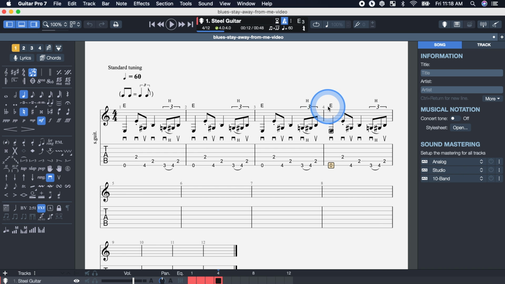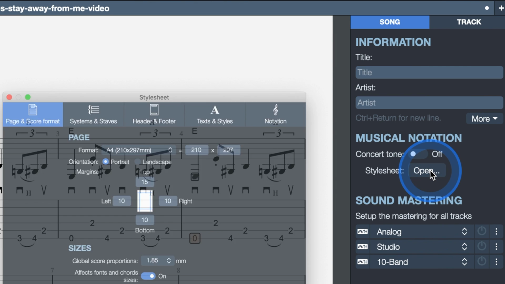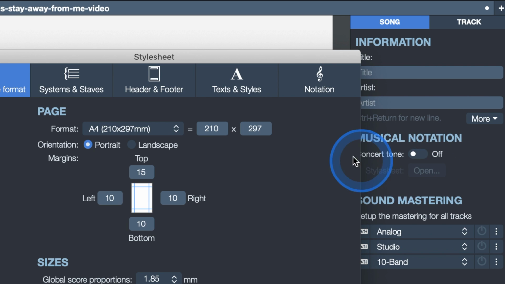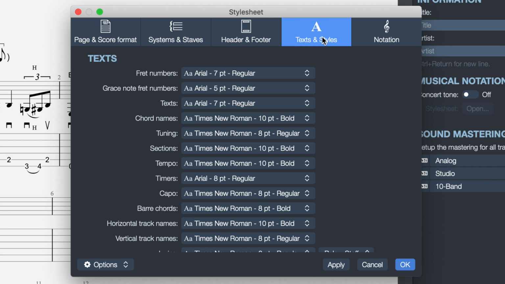So pretty small there. It's hard to read those E chord names right above. So let's make those a little bit bigger. Go to this right panel and click Style Sheet, Open, and then it'll bring up this menu here, and we're going to go to Text and Styles. And this is pretty cool. You can change the font of just about anything and the font size, all that good stuff. But we'll go to the Text and Styles,